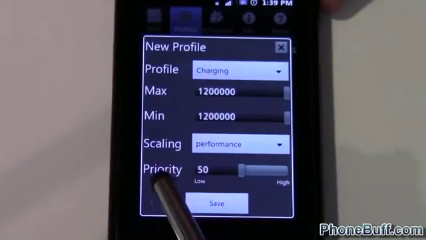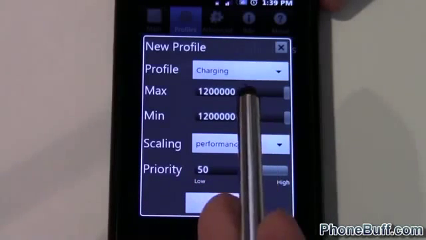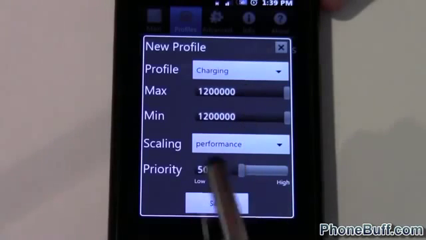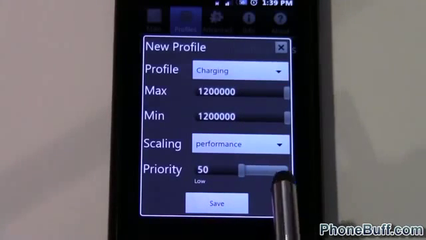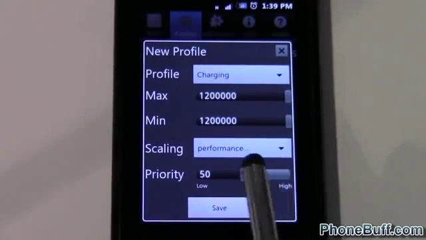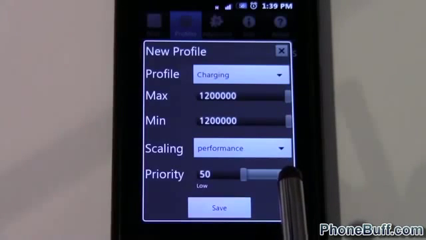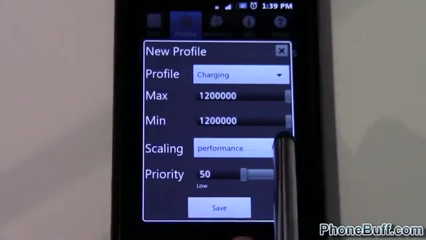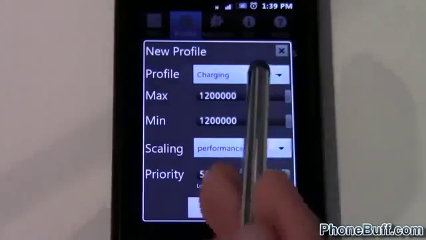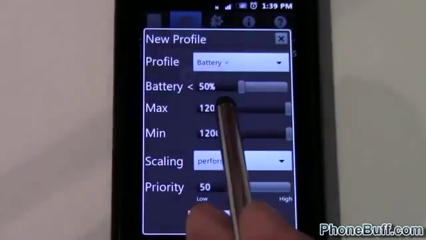Last thing you'll see is the priority right here. When you set multiple profiles, you want to set the priority so that way you could tell the app which one's the most important. So let's say if the battery is less than 30%, you want it to run on power save mode, even if it's on charge. You're going to set that profile up, the battery less than 30%,